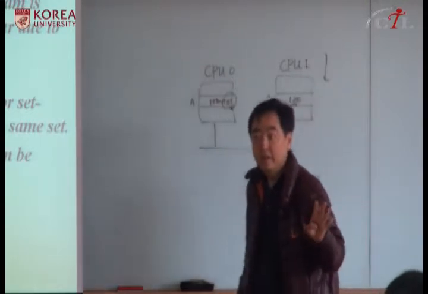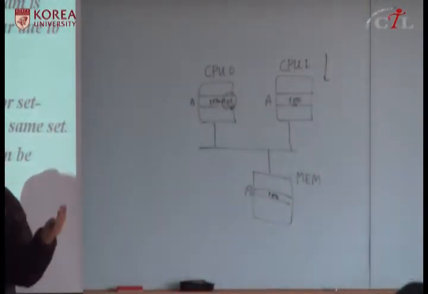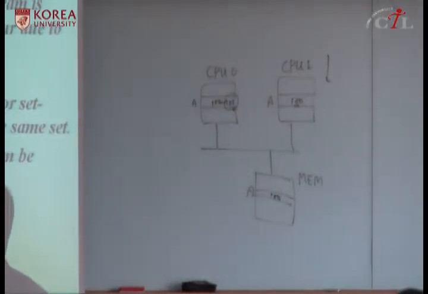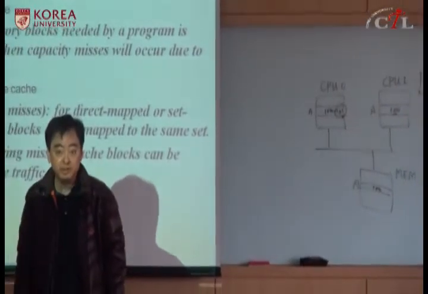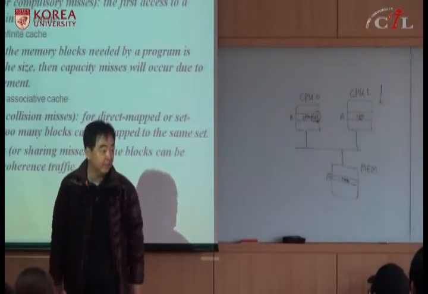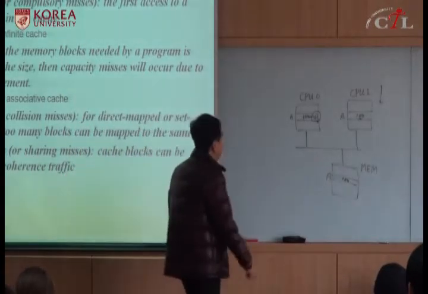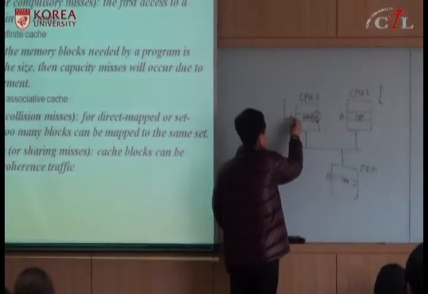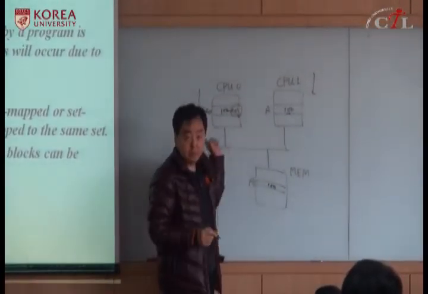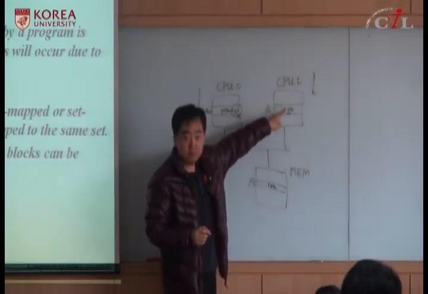There can be multiple copies of the same location, and they have to maintain their consistency, which is they have to maintain their state. They should be in the same state, right? This is the inconsistent state. So what you should do is, whenever you do a write into here, you should broadcast this write to the other processor, so that they should not use this